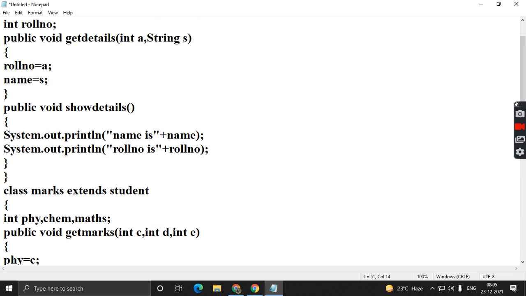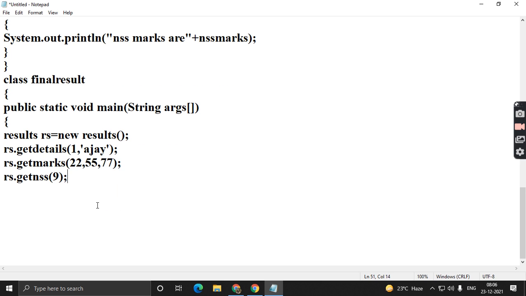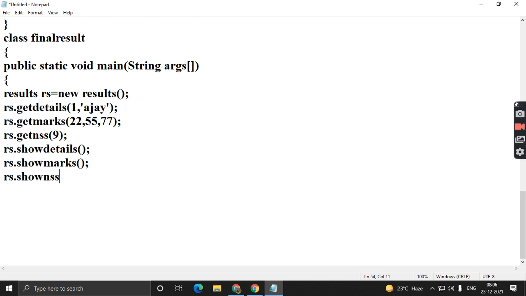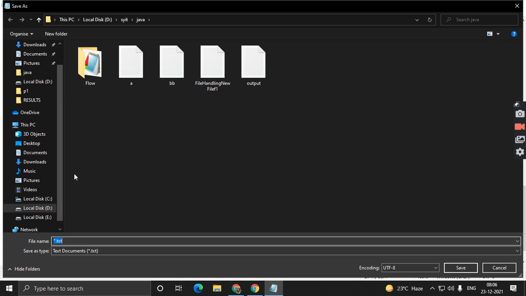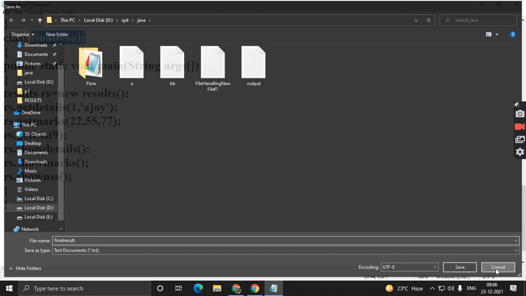So after calling all the get methods, we will now call the show details, show marks and show NSS. Already there is a class which is final result.